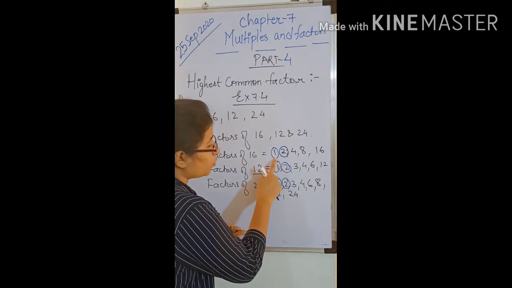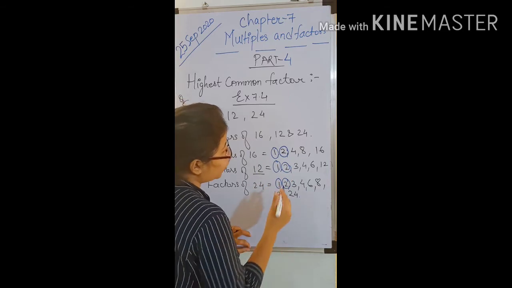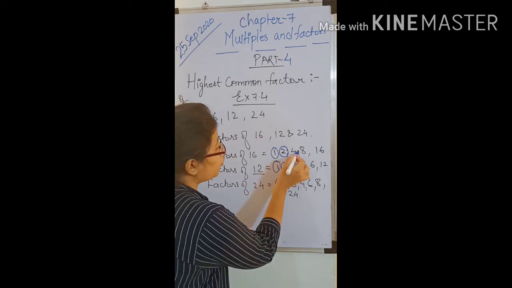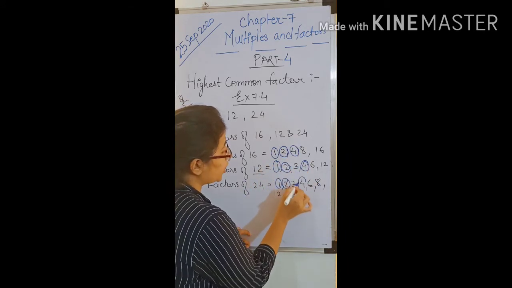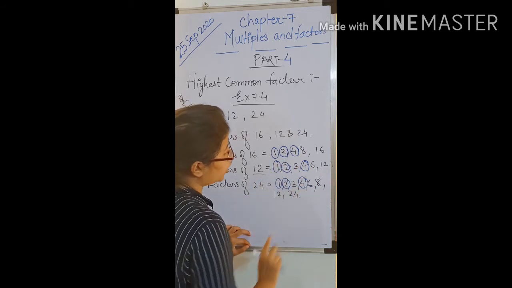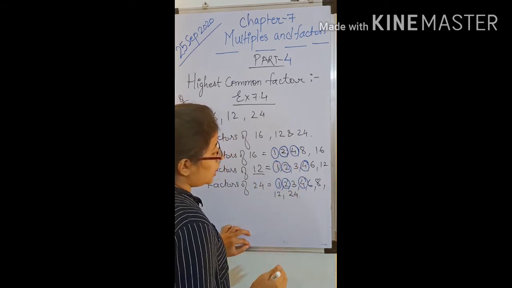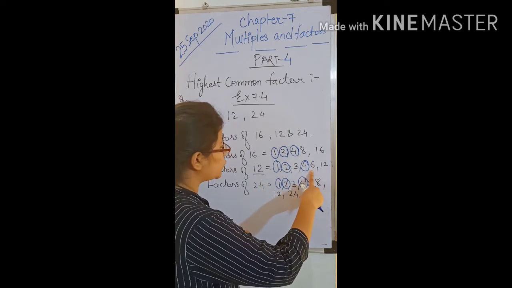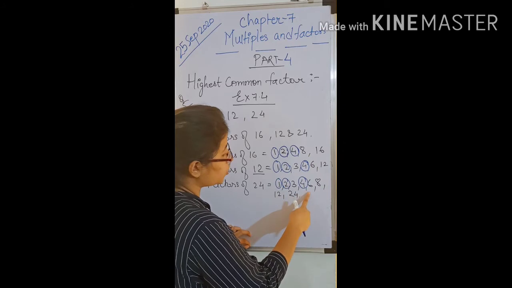So we are having 1, 2. And again, if I look for the next number, can I see 3 in this number? No. But I can see 4 in each and every number of the given factors. Again, if I look for the 8, no, it is not there for the other numbers. Then we'll move to the next number. Can I see 8 in this number? No. 6? No, it is only over there.